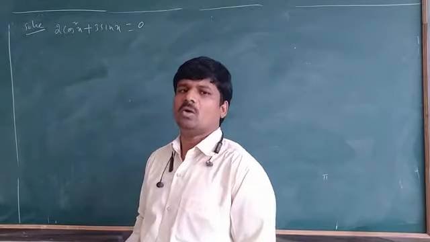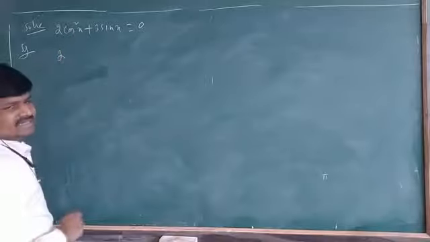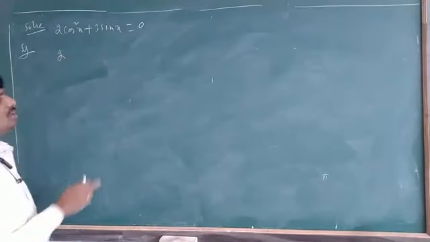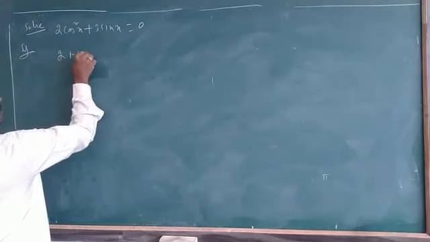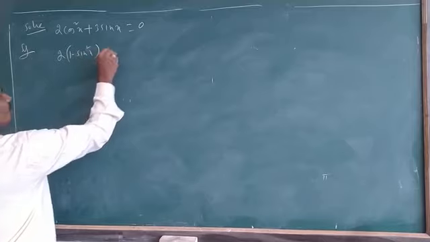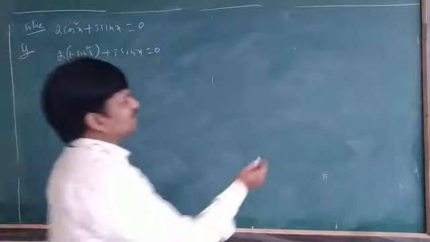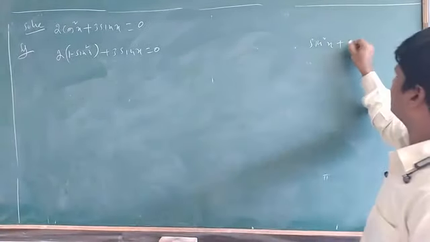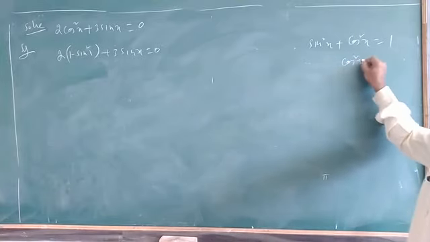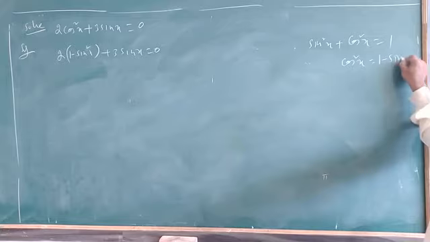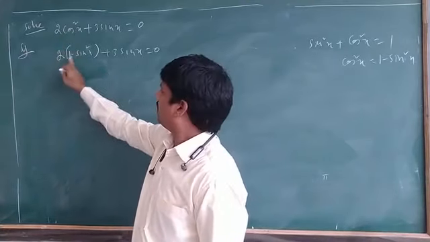To bring that here, what am I doing? Here 2 cos square is given, and sin x is given. Sin x you can't change, but for cos square you can use a formula. What is the formula of cos square? Can I write 1 minus sin square x plus 3 sin x equal to 0? You know the formula: sin square x plus cos square x is equal to 1. From this, cos square x is equal to 1 minus sin square x. Right? So in place of cos square x, I substituted 1 minus sin square x.